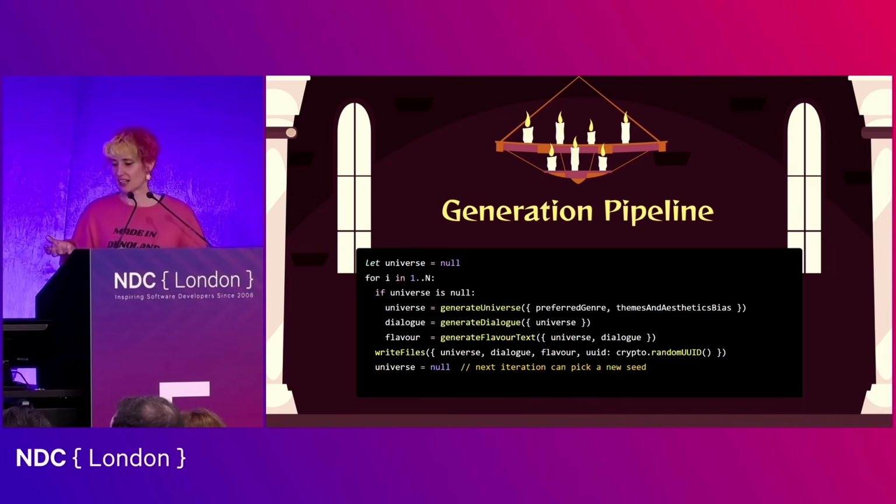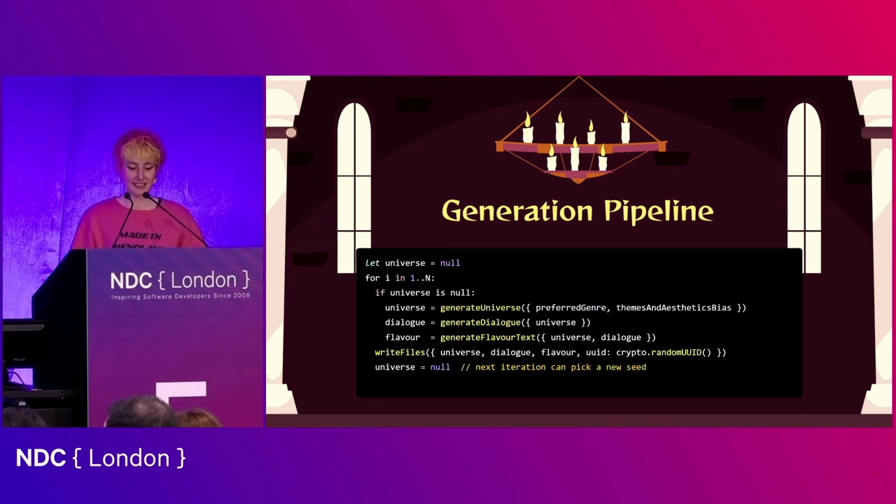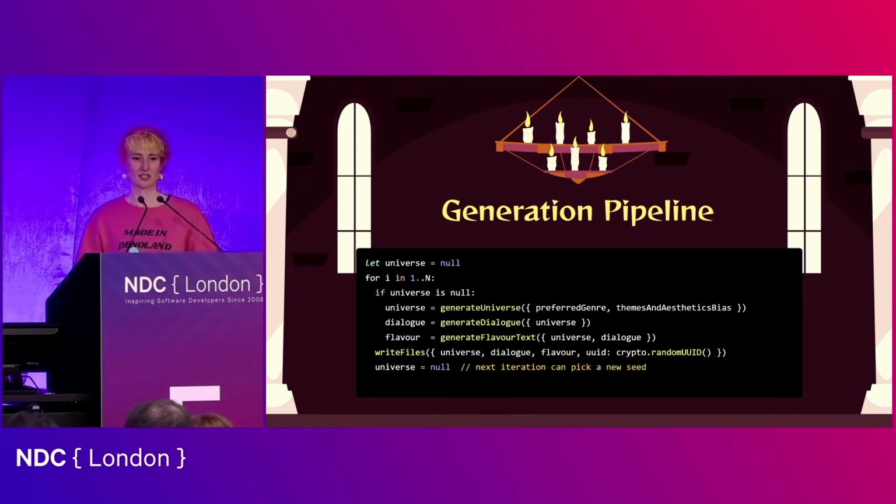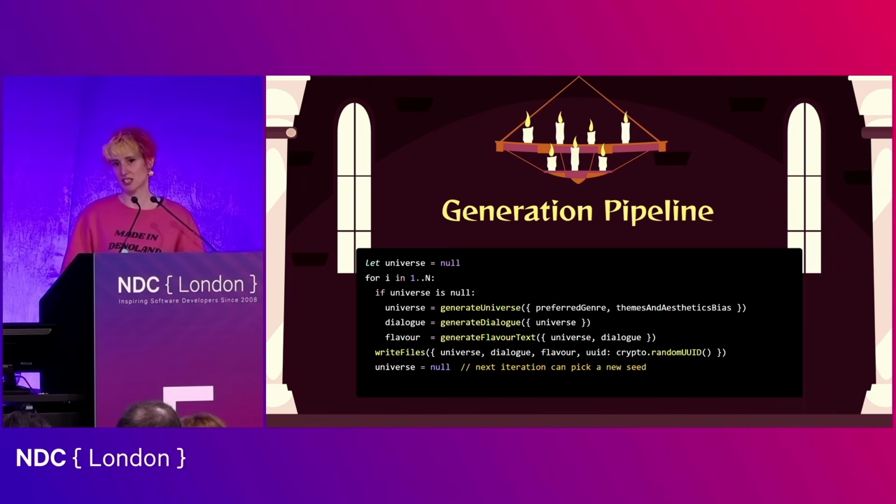So, as I said, rather than asking the AI to do everything at once, we break the task into manageable chunks, and each pass of this task has a clear goal with a defined schema and a bounded context window, which, yes, it's going to be slower, but it's going to be much more predictable and much more testable. And in a production environment, that's what really matters, because generative AI isn't magic. It's software, and software needs structure.